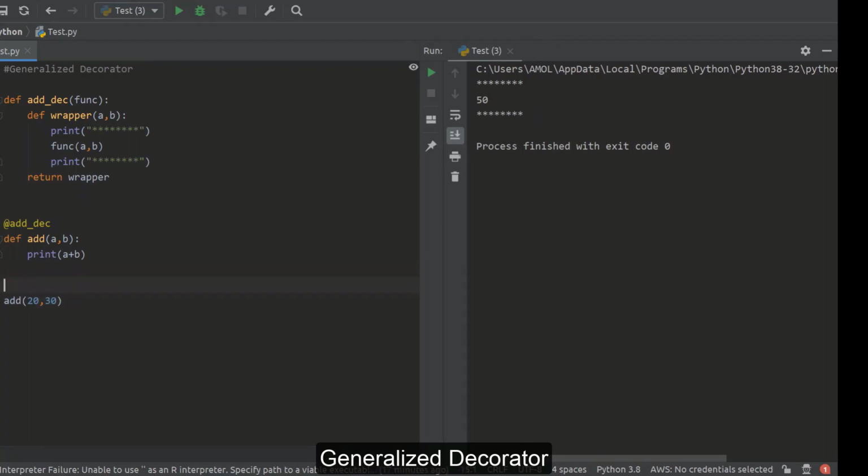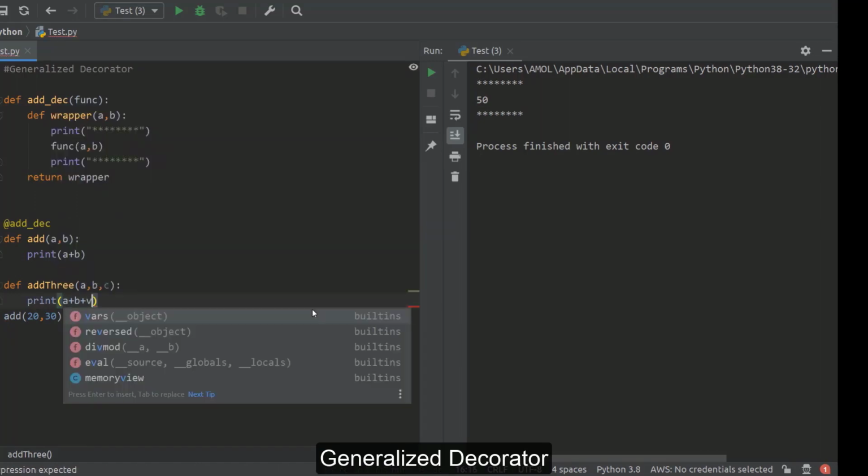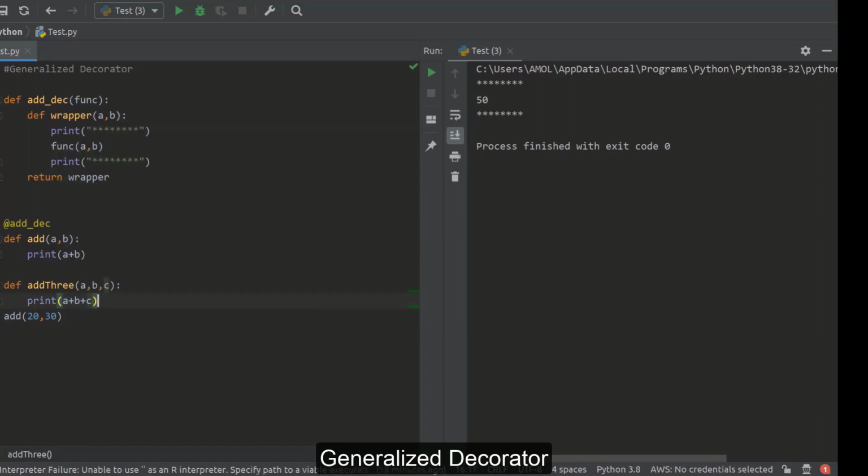Now suppose we are writing one another function, add3, by which we want to add three numbers. So this is one function add3 which prints the addition of three numbers.